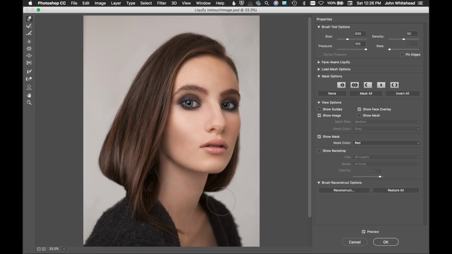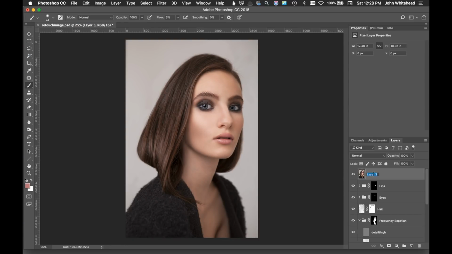Alright, we smooth these areas out. So I'm going to adjust this little shoulder here to make it a little bit less defined. That looks good. And then right here on the cheek, we'll give her a little bit harder edge cheek here. Alright, that looks good. So I'm good with that. There's actually a lot you can do in this as far as reshaping and adjusting faces, but I'm not going to go crazy today doing this. We're just going to be making some simple adjustments. So that is how we do